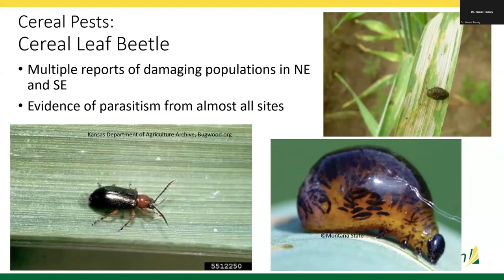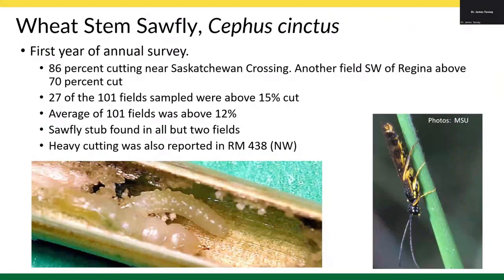Adult beetle pictured on the left. Wheat stem sawfly. We initiated a formal survey this year. We've been reliant on anecdotal reports of wheat stem sawfly in Saskatchewan in recent years, so we've decided to initiate a formal survey, brought in a contractor to conduct this work, and sincere thanks to Sask Wheat and to SCIC